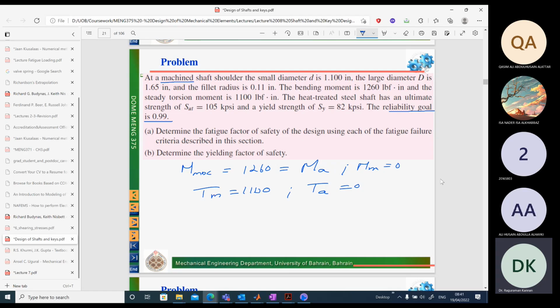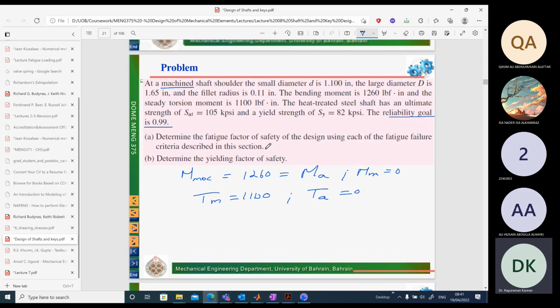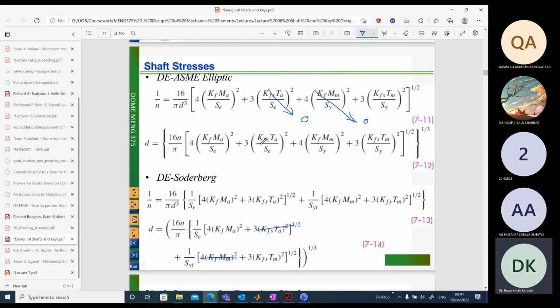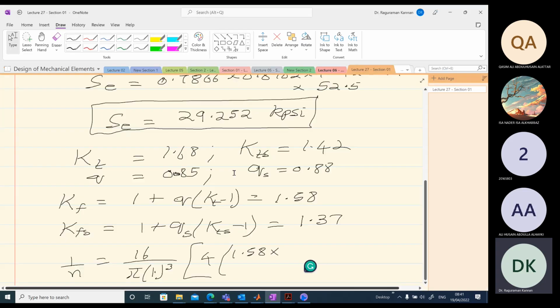So directly apply this. We have 1260. Okay. Go back to the formula. For Ma, I apply 1260 divided by Se value 29.252, the whole square,